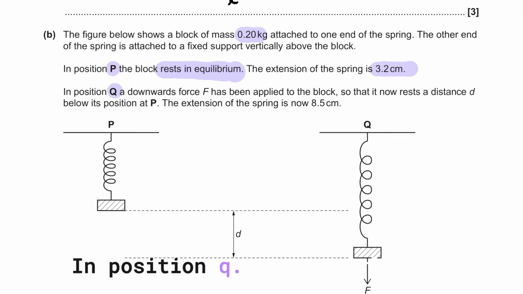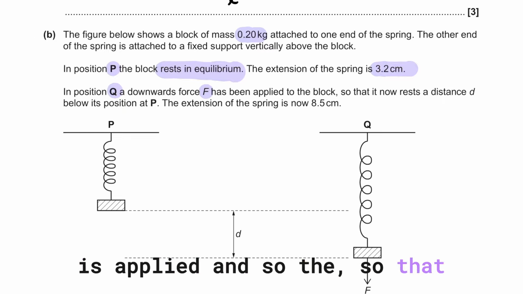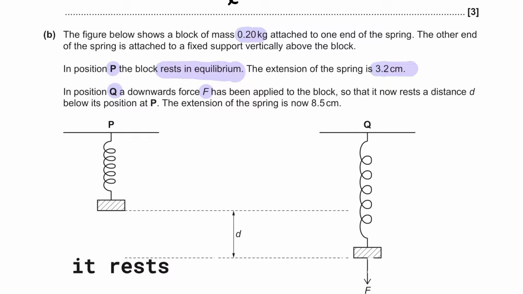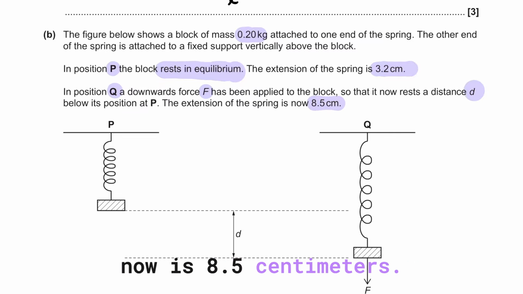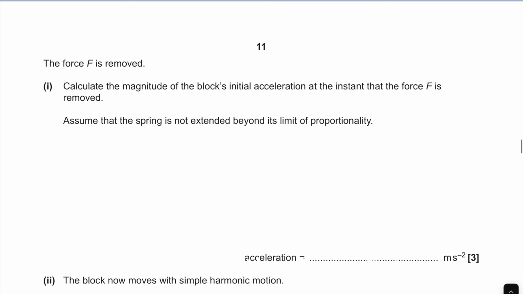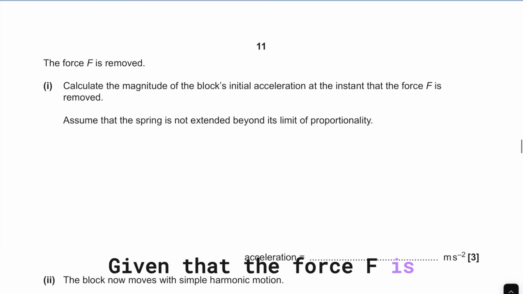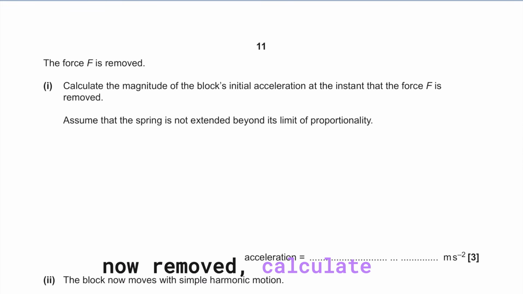In position Q, a downward force F is applied, so that it rests a distance d below its position at P, and the extension now is 8.5 centimeters. So given that the force F is now removed, calculate the magnitude of the block's initial acceleration